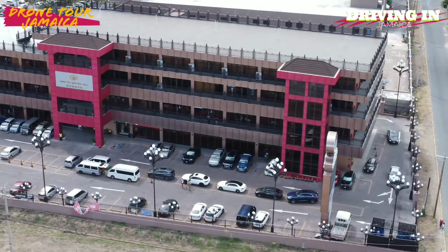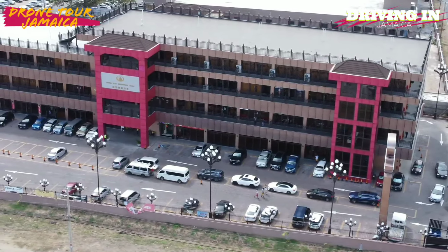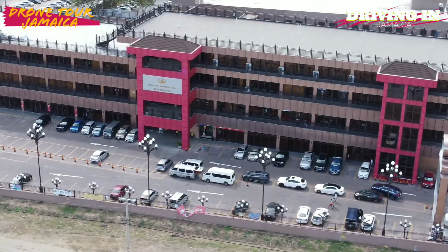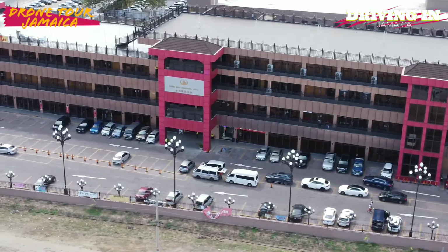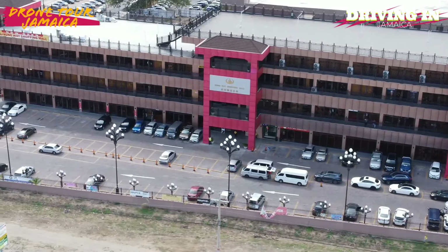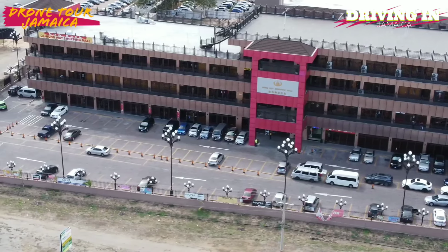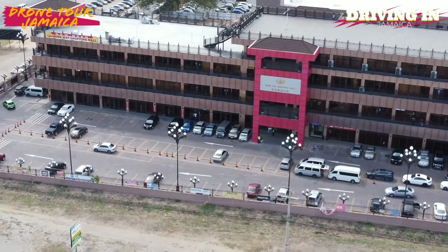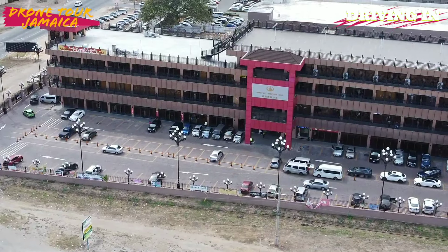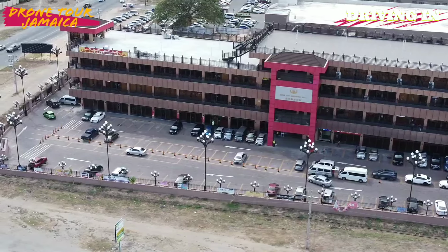Across the road is the Sovereign Village Plaza, and then beside that is the Fontana Pharmacy, Starbucks, Courts, Price Smart, and to the other side of this building is 3 call center buildings. We're going to show you a view of the area in a little bit, but we're just showing you this